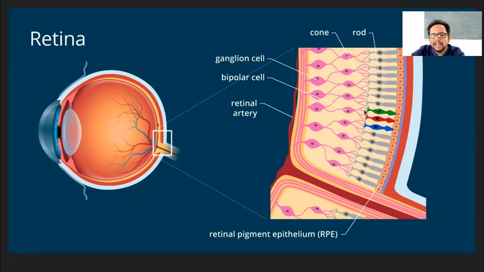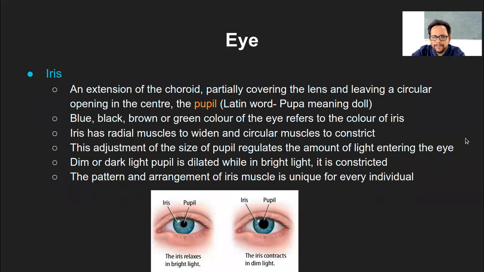From this diagram, what you need to remember is only the presence of rod cells and cone cells, how they are arranged, and also just the general shape. Why they are called so is because they look like rods and they look like cones, and that's it. And of course, these three different layers: sclera, choroid, melanin, and the retina itself. So that is the quick overview.